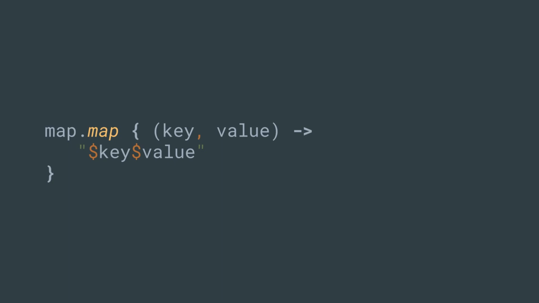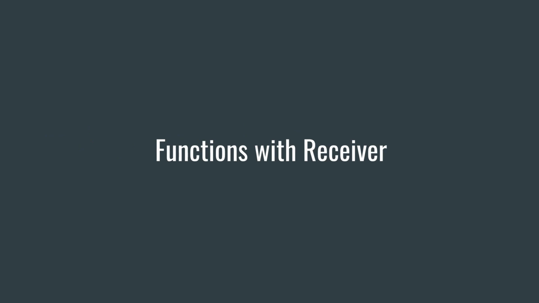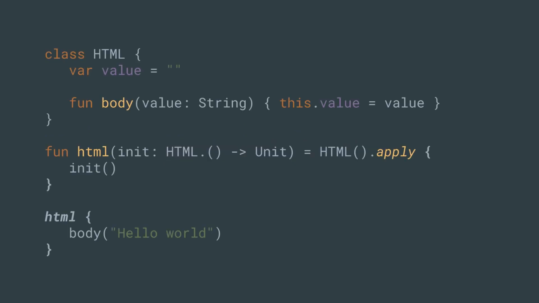Because when in Java, for instance, you do forEach on a map, you get the forEach with entry. Since Kotlin 1.1, you can have destructuring of entry, so you can just do this and easily change all the values in this map to a string containing the key and the value.